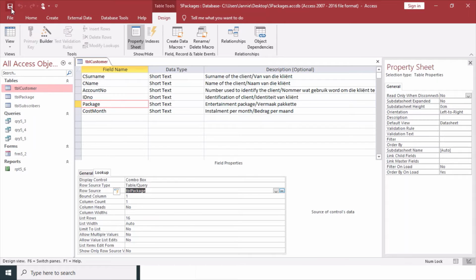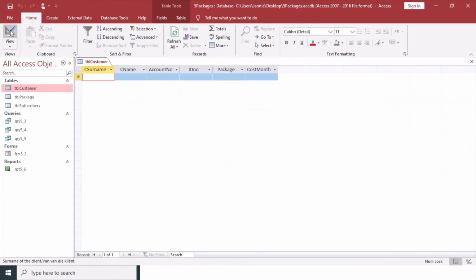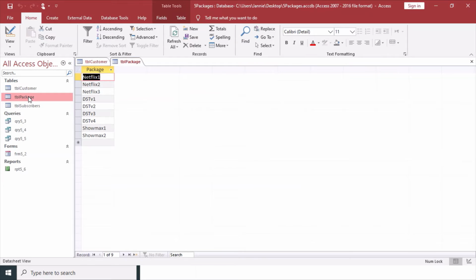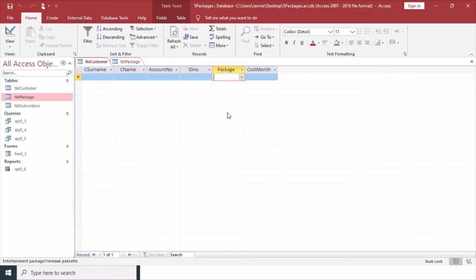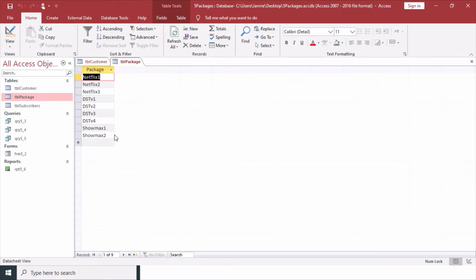now if I save the table and go into my table view, over here you'll see it gives me the drop down arrow. When I click on it, all these entries have been added for me, and if you're wondering where they come from, here's the table package, and you'll see all the entries are there. Now if I want to add something to this list, I'm not going to edit this drop down list. I will just go in here to table package and then just add another entry down here at the bottom,